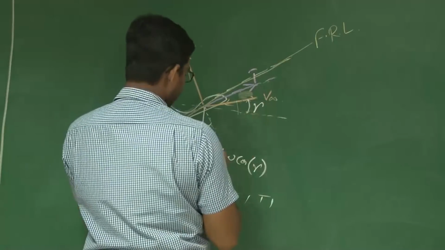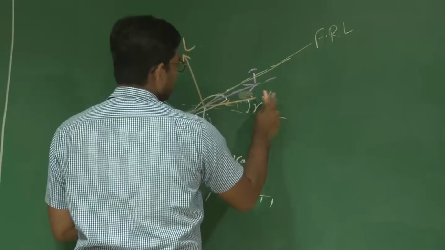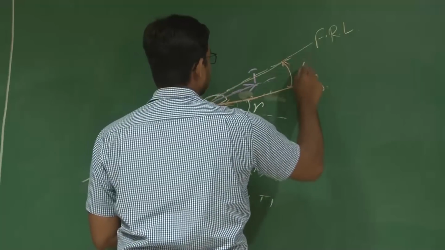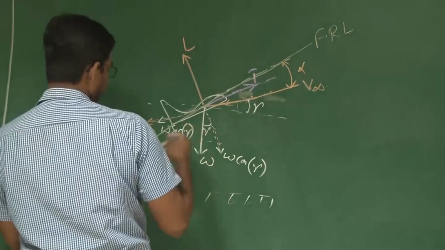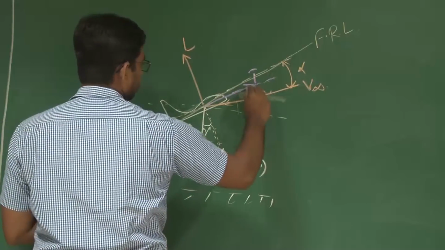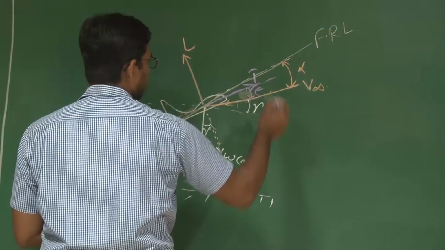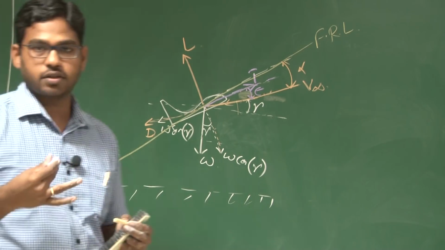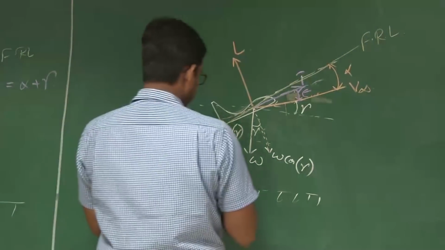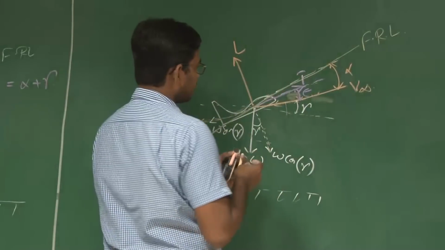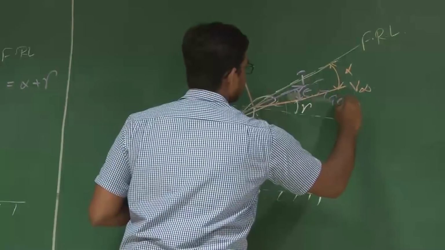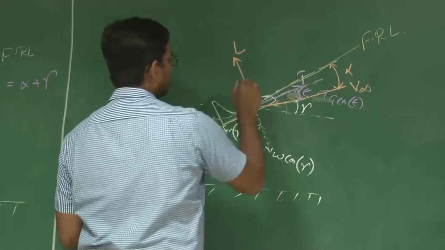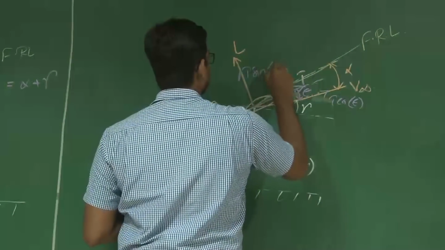So now the angle of attack will be with respect to the fuselage reference line. So this is your V infinity. So this angle is alpha. Right? Now this T is misaligned with V infinity by an angle epsilon. So your T is not acting along the direction of your motion, right? So now the component of T along the direction of motion is T cos epsilon, and perpendicular to the direction of motion, which is along the direction of lift, is T sin epsilon.